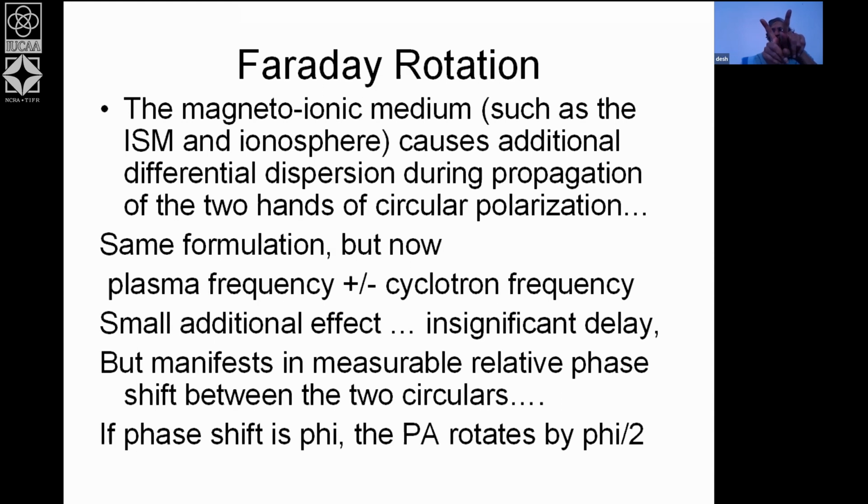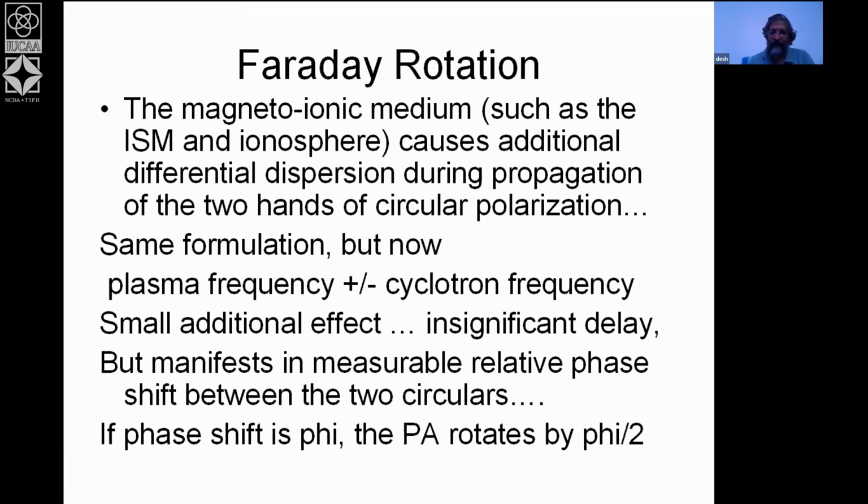Then you will find that for them to come in phase again, to define a linear oscillation, both of them have to go some angle, which is half of the phase difference created. So the Faraday rotation, the amount of change in the orientation of the plane of linear oscillation of the linear polarization, which is what defines the orientation (the circular doesn't have the orientation information), will be rotated by half of the phase difference created